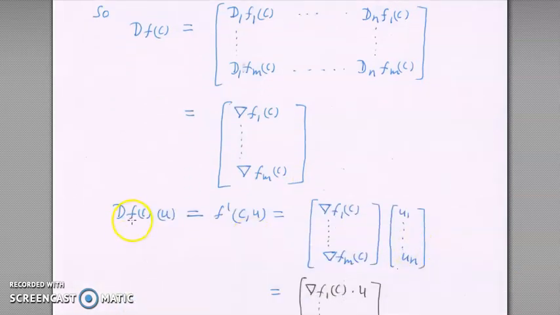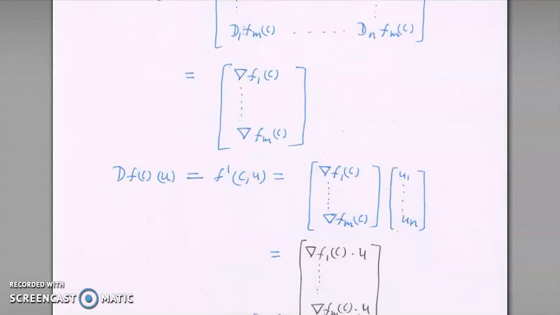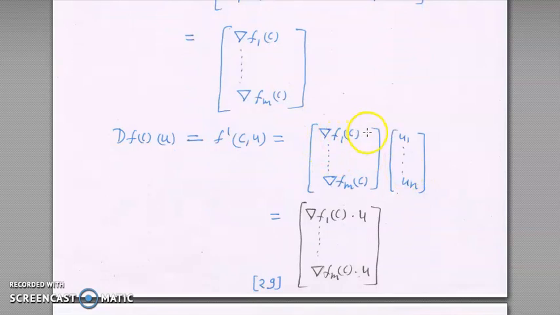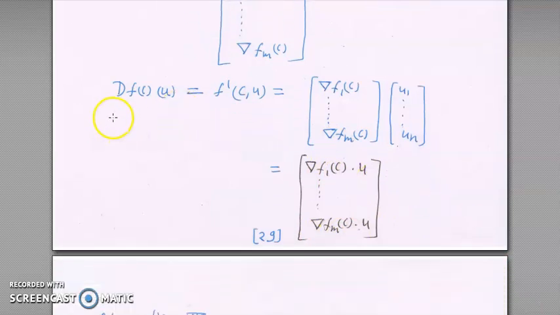Now what we can do is that dfcu, if you determine, that is the partial derivative of f at c in the direction u, then this will be this into u1 u2 un. Just now we have seen this formula. So when you expand it, this whole row will be multiplied to u1 u2 un. So that is nothing but the dot product of this vector and u. So del f1 c dot u up to del fm c dot u. You can also write this expression like this. So dfcu can be written in this way.